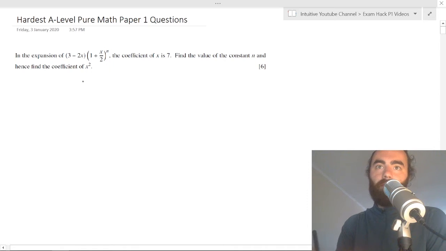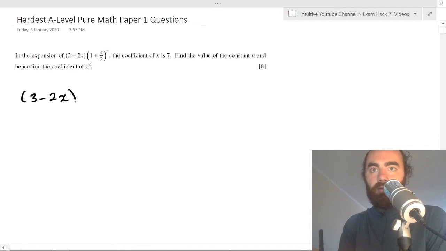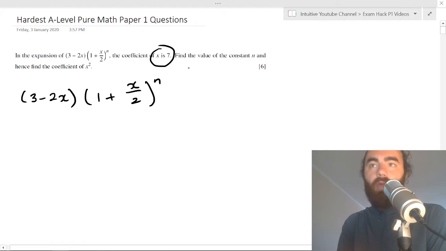So the first question here is the binomial expansion one, and we have this expression here, 3 minus 2x times (1 plus x over 2) to the n, and it says the coefficient of x is 7, so that's important, and find the value of the constant n, and hence find the coefficient of x squared. Because we know that the coefficient of x is 7, we'll be able to find an equation to